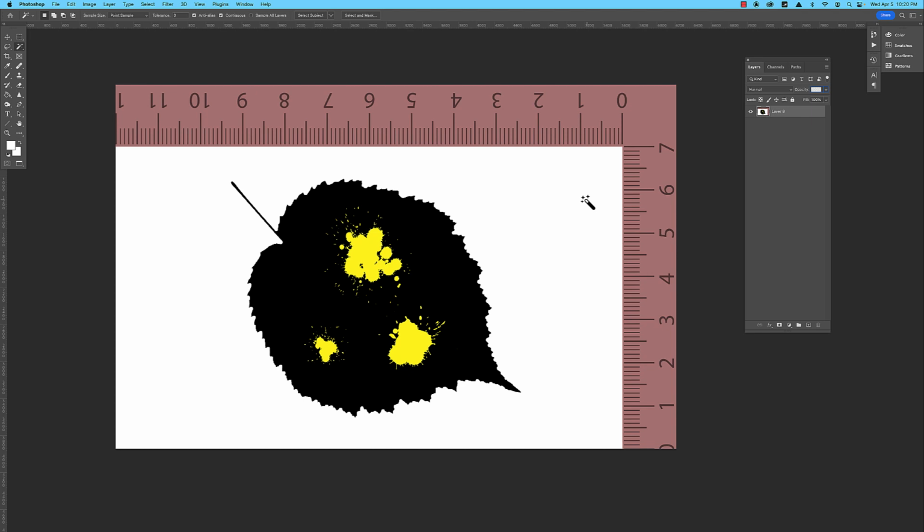Welcome back. In today's lesson, what we're going to be doing is finding out the area percentages of certain objects. In this case, we want to find the area percentage of the white area in here, the black area of the leaf, and the yellow regions here of the fungus that's on the